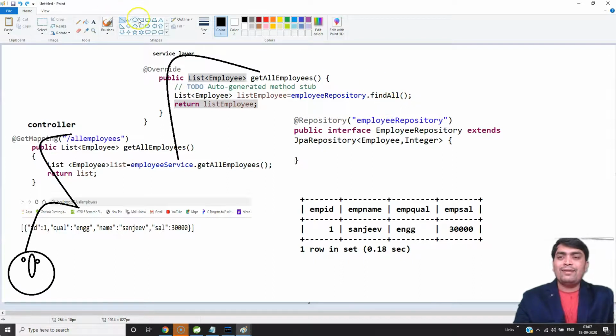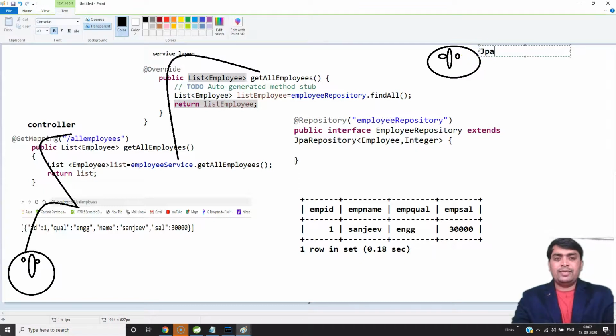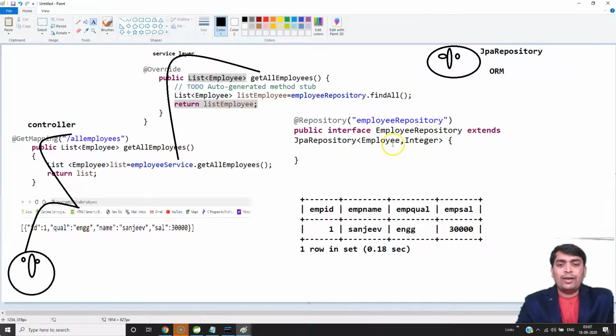So what happens internally, friends? This is a method of a Spring JPA repository. JPA is an ORM tool. Consider this is a method of the JPA repository, and as per the ORM standard, here we have an Employee class. So here we have a List of Employee.